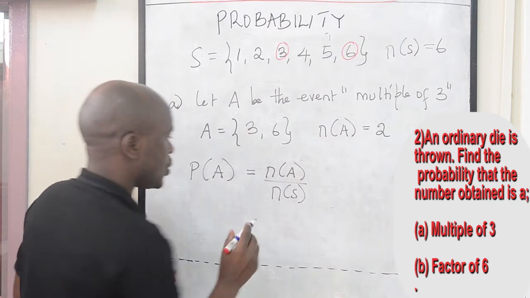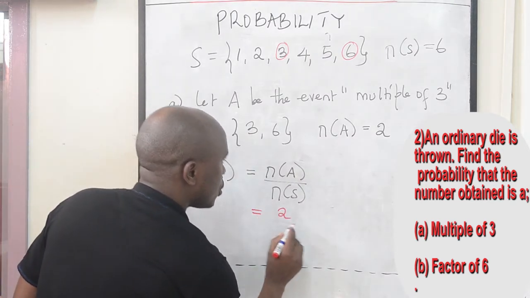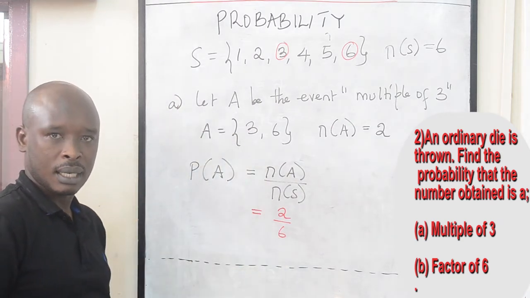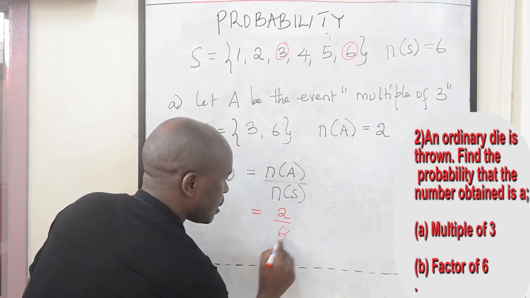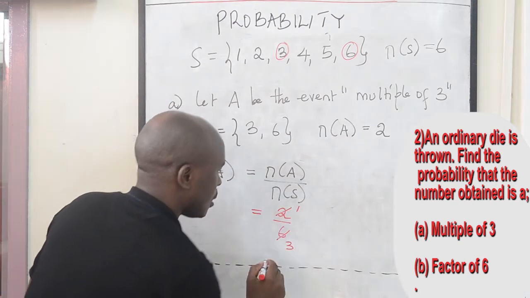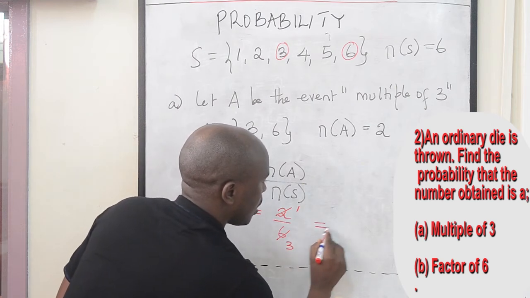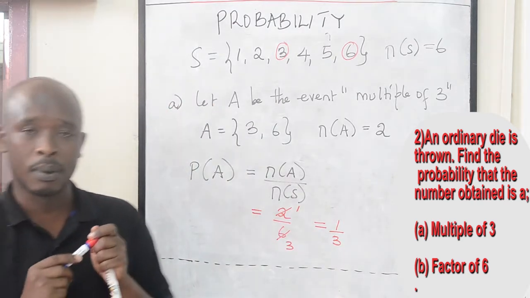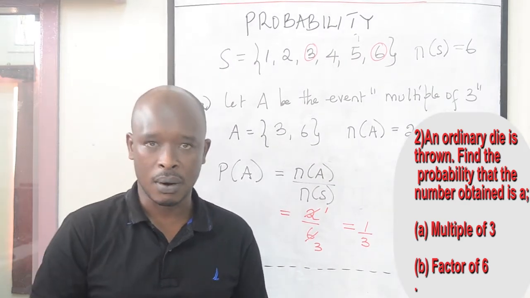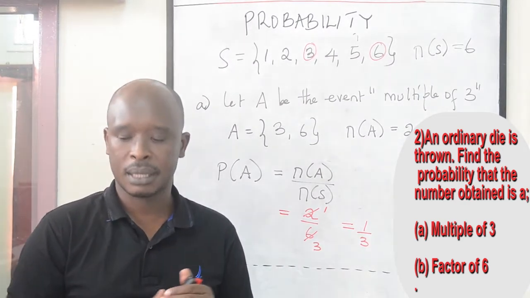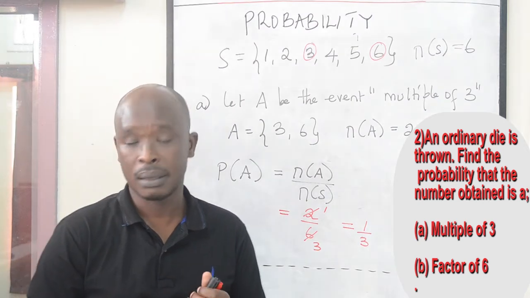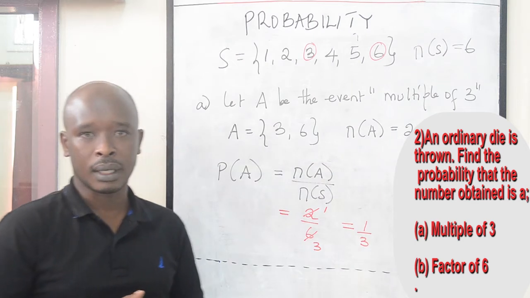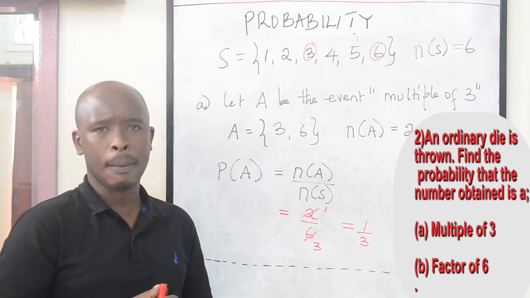So you come and substitute your values here. You say 2 out of 6. Remember, this is not simplified, so you go ahead and simplify it. So it implies that your final answer is going to be a third. It is important that when we are doing probability, we always simplify our answers to the simplest format that is there in the question. So this answers part A of the question. And if you look at part B,